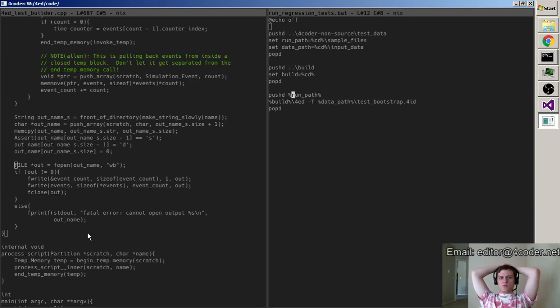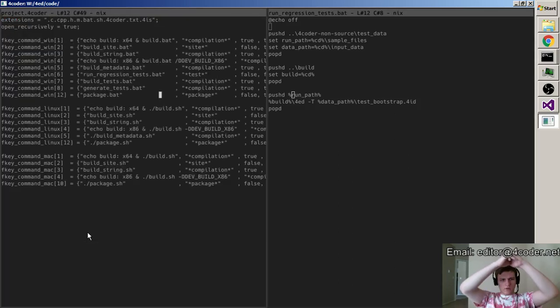Because when I go to run the generated tests, I'm going to have to hit F6 to generate the tests, F8 to run the test, F7 to build them, and then F6 to run them. And I'm okay with that, but